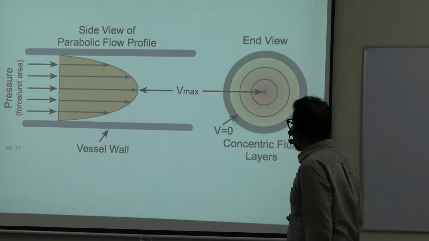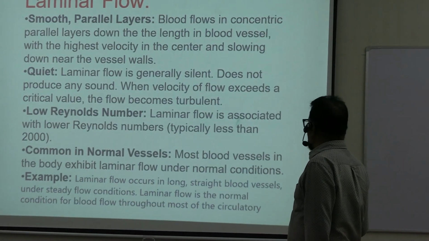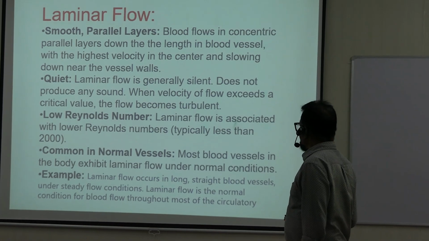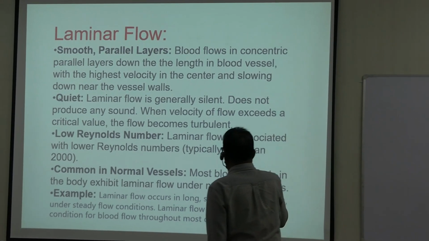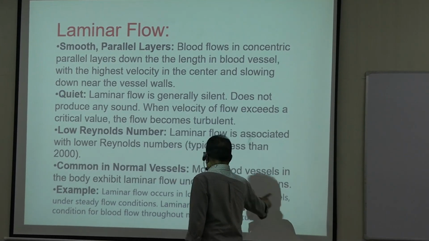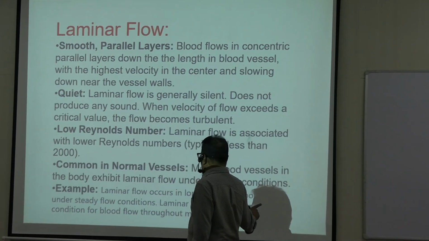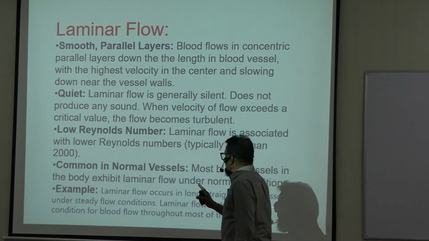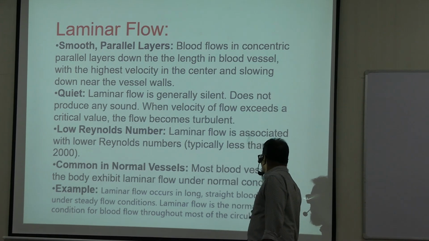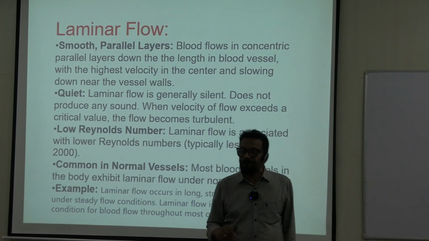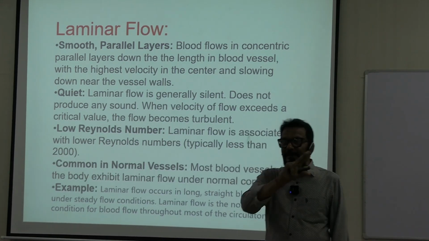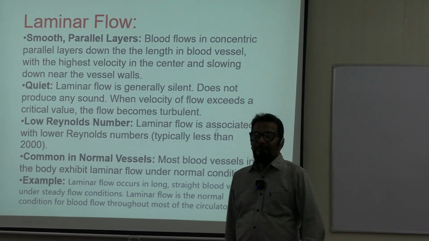Now let us discuss when it occurs. Laminar flow occurs in long straight blood vessels under steady flow conditions. Laminar flow is the normal condition of blood flow throughout most of the circulatory system. Normally it is laminar. But